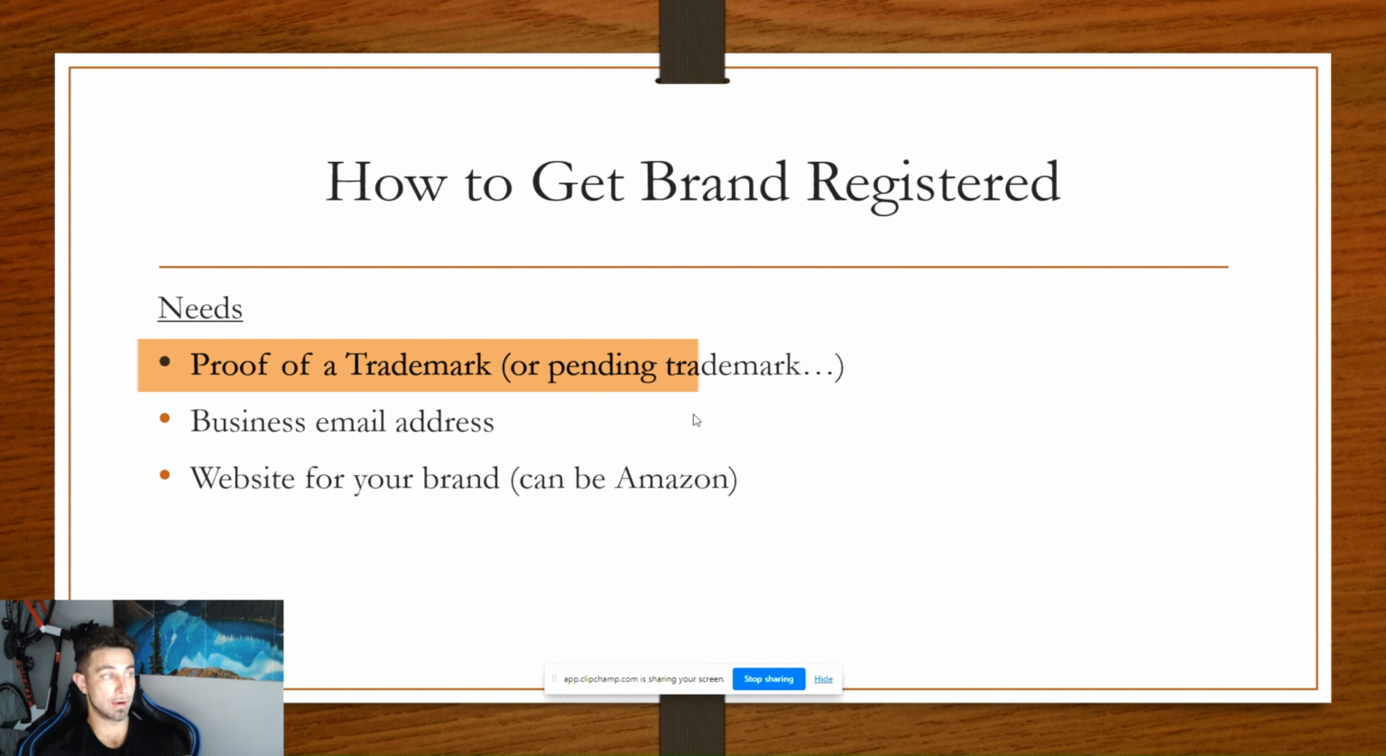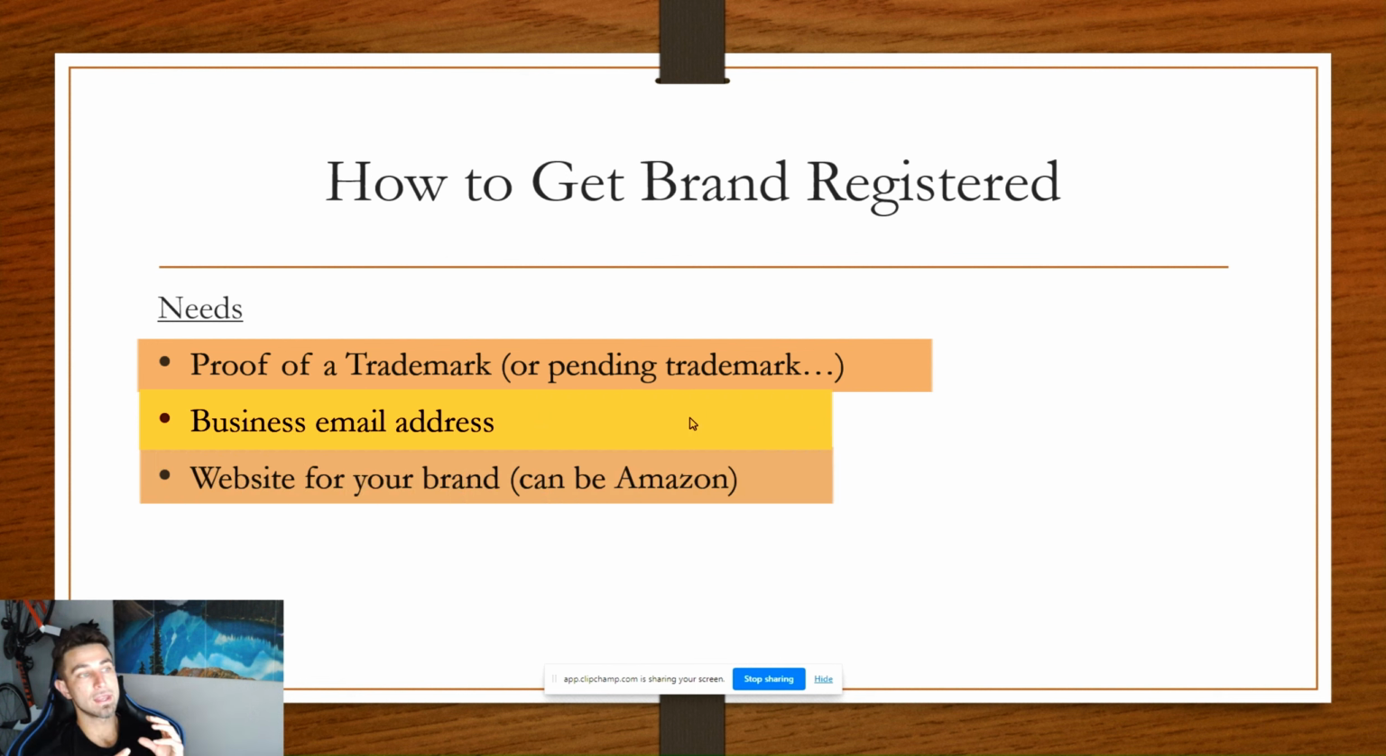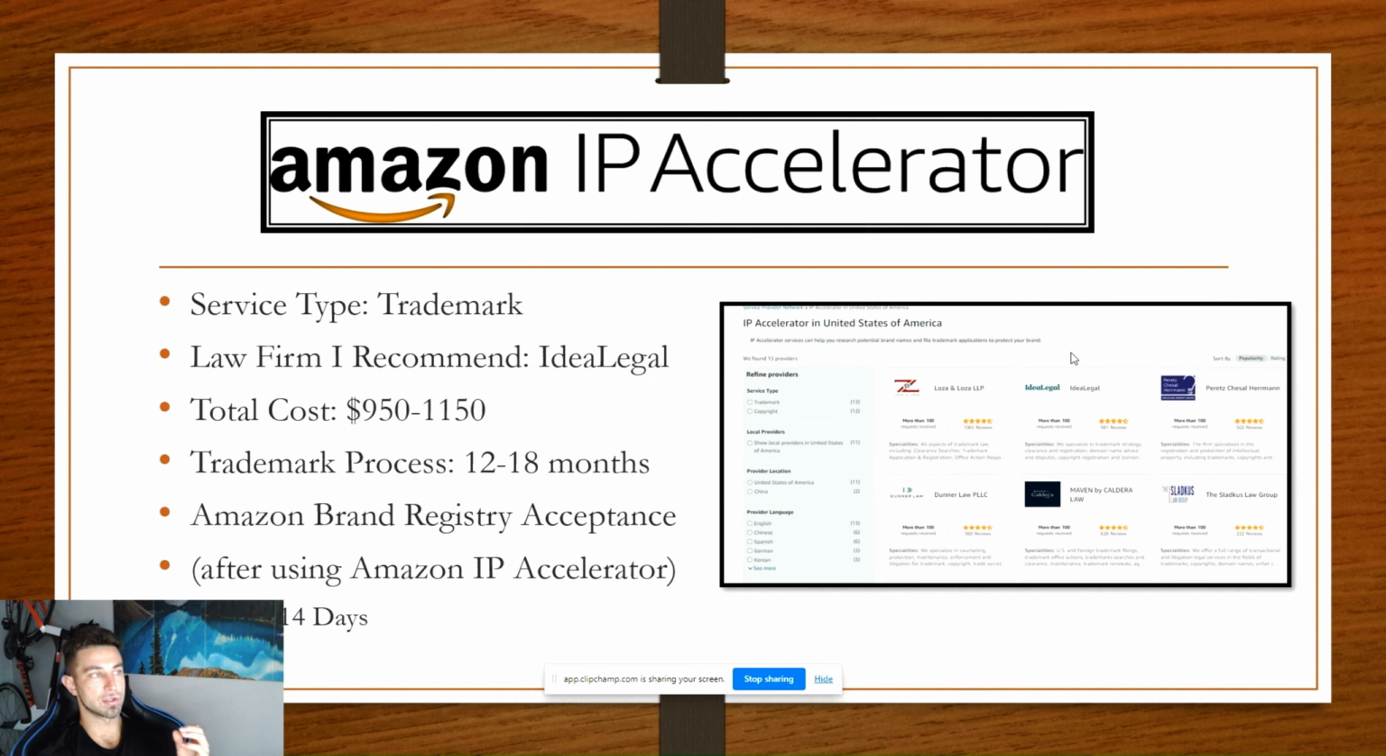If you want to get brand registered, you either have a trademark already. In that case, you just submit it. You submit the serial number to Amazon. If you do not, there's a couple options, right? And the first option, which is great, is Amazon offers their own IP Accelerator. Basically, they just have